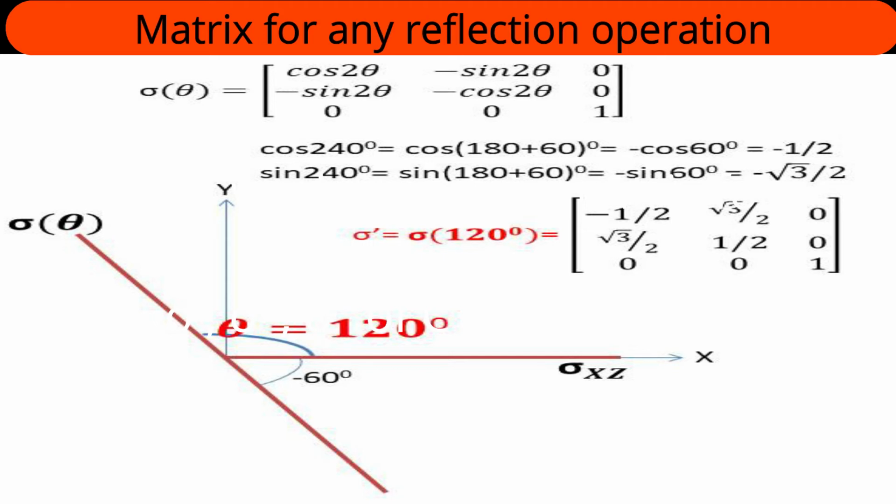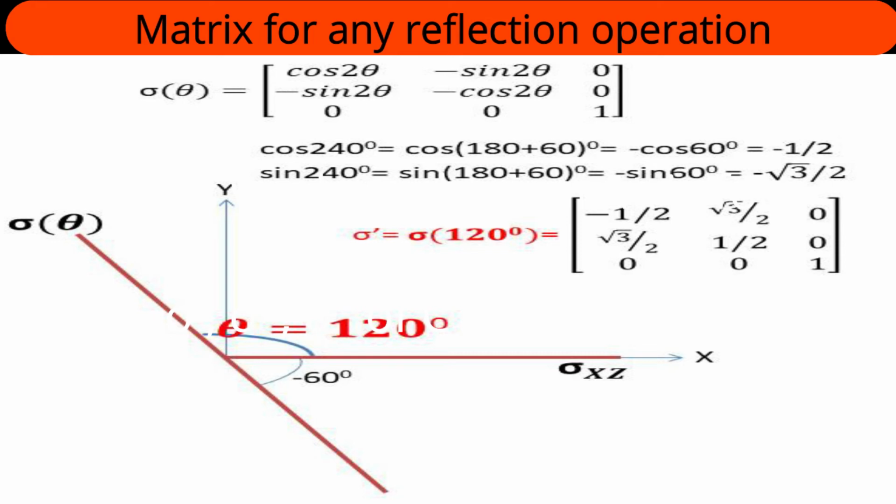Or in the reverse way, if I move by just 60 degrees, I can reach that sigma dash plane. So in the clockwise direction the movement angle is minus. How much minus? 60. So minus 60 degrees or 120 degrees should be our theta. I am explaining it by considering theta equal to 120 degrees. You can attempt by substituting theta equal to minus 60 degrees. You will come to the same answer.